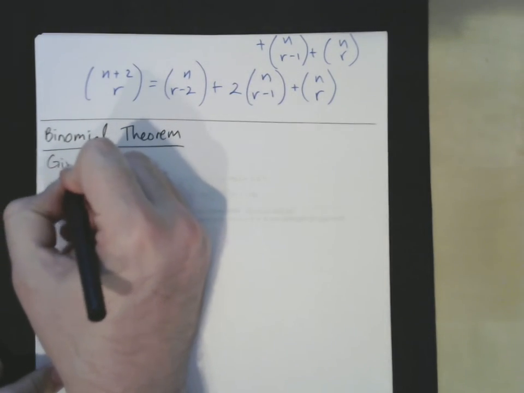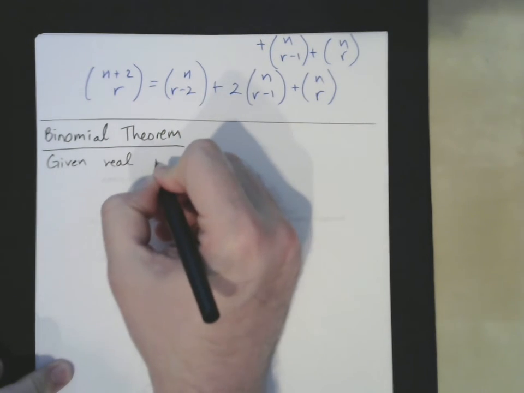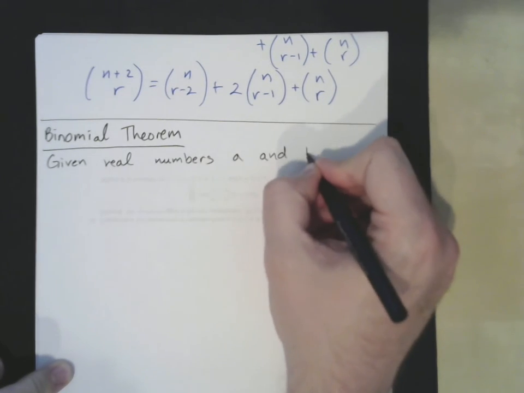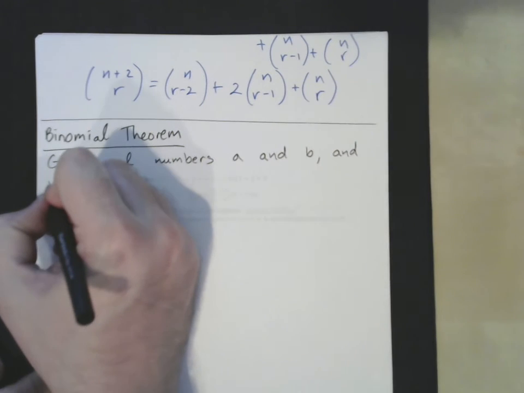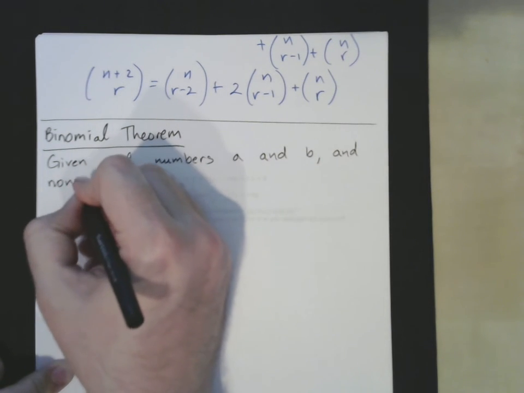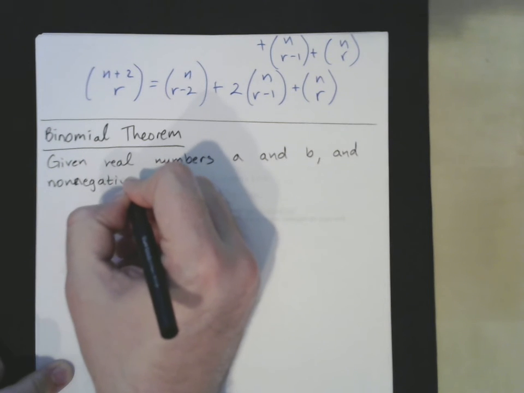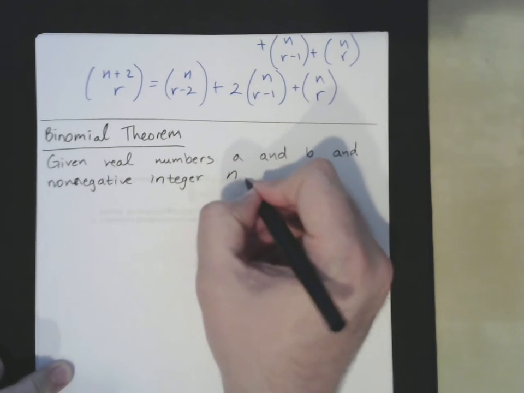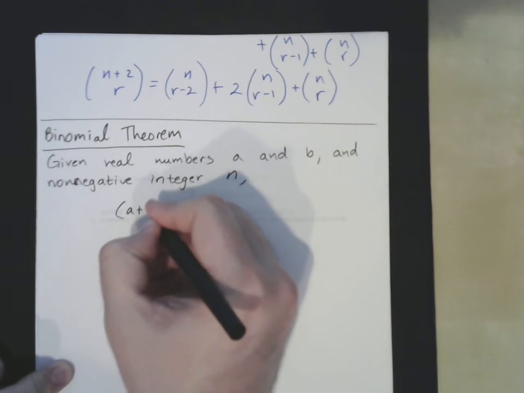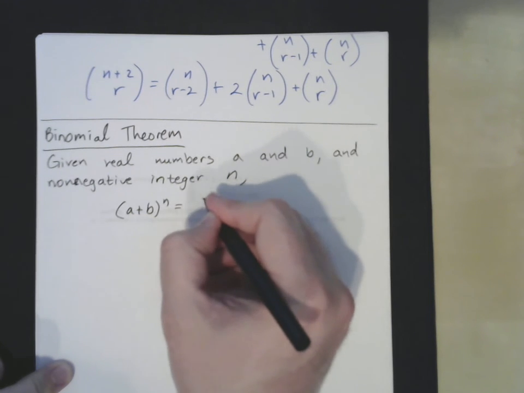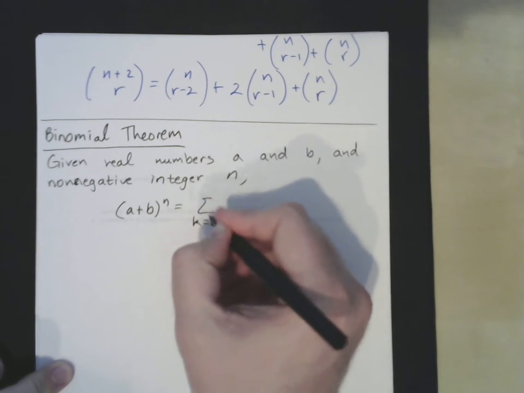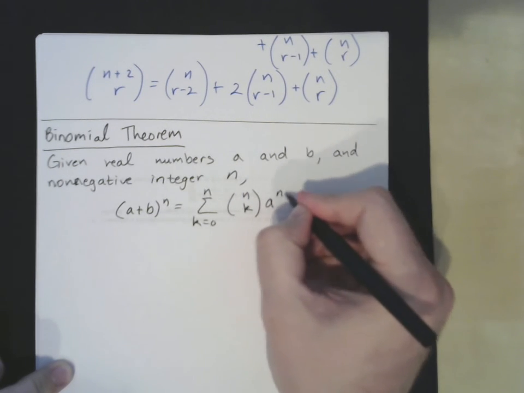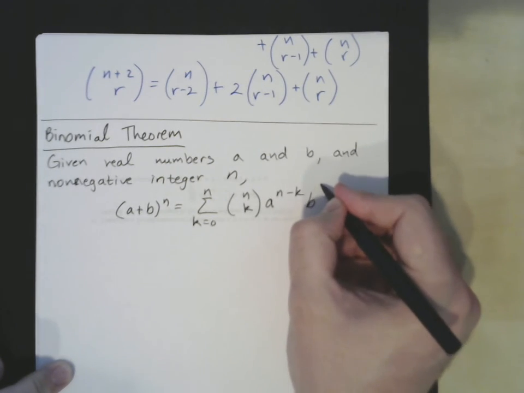So given real numbers a and b and non-negative integer n, we know a plus b to the n is the sum from k equals 0 to n of n choose k times a to the n minus k times b to the k,